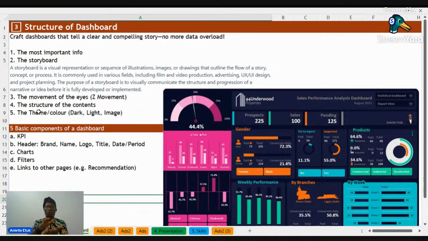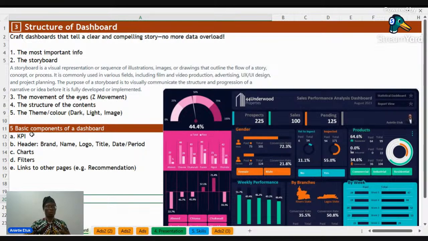You can only use an image where you fade the image to a point where it will allow the chart to pop up, or you give the chart a background on top of the image so that the interest is not the background, it is the chart. So for now, I always recommend a dark or a light background. As you progress, you can add more colors and other things. But for example, this is a dark background chart.